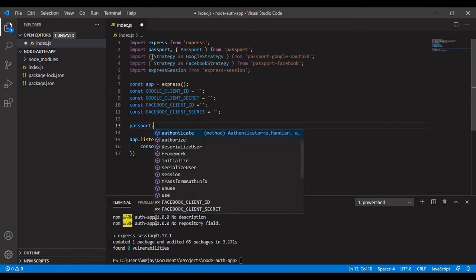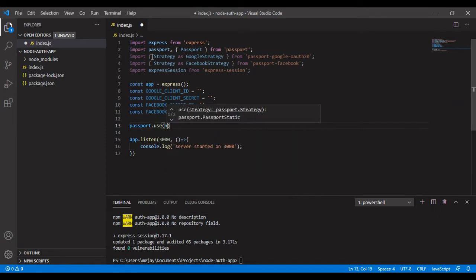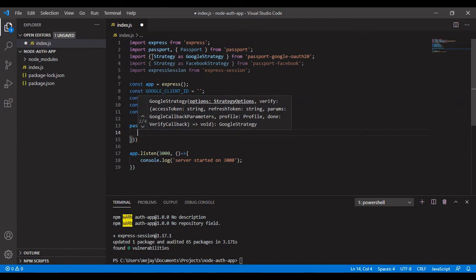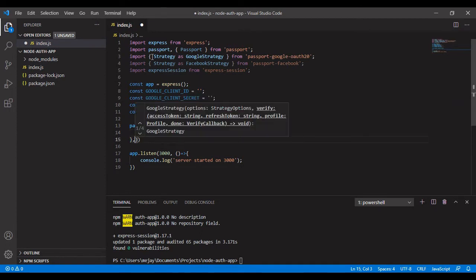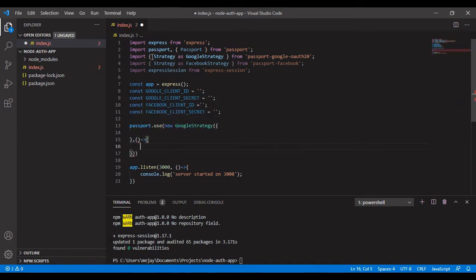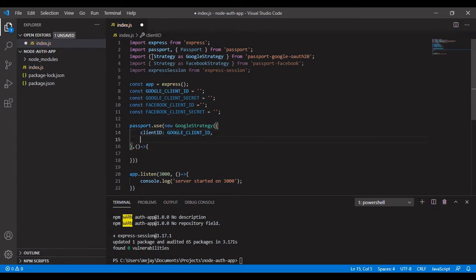Okay, after this we have to set up the Passport configuration so that we can add all the details here to initialize our Google strategy with Passport. We need to add the client ID, and map it to that variable, like the client secret also.